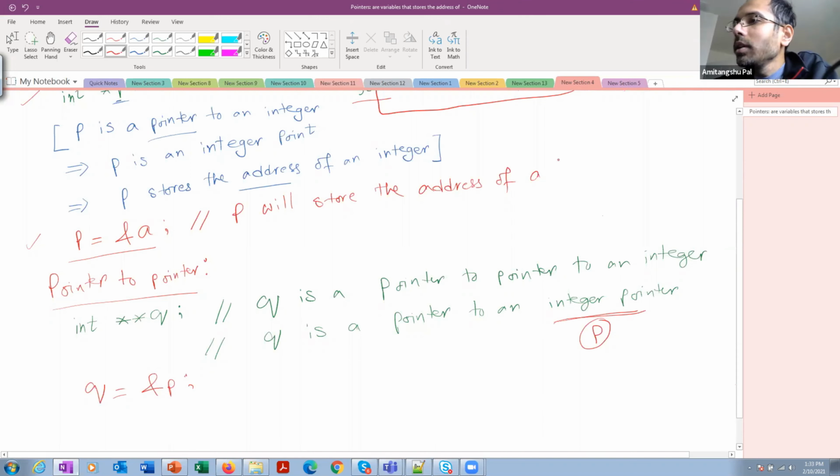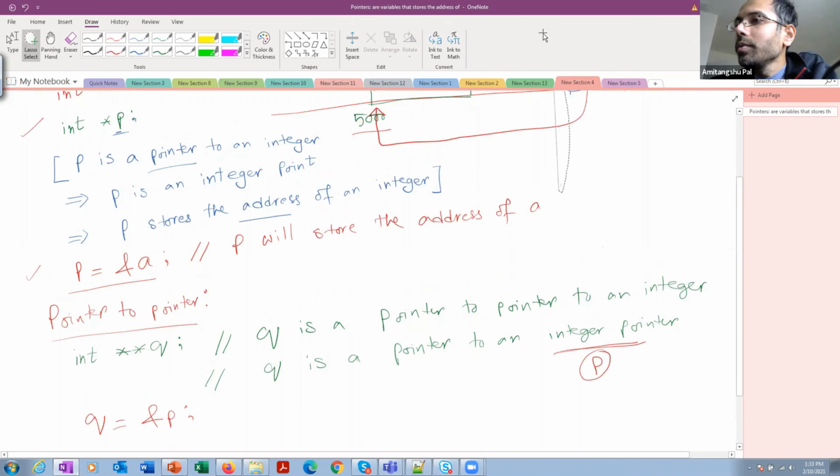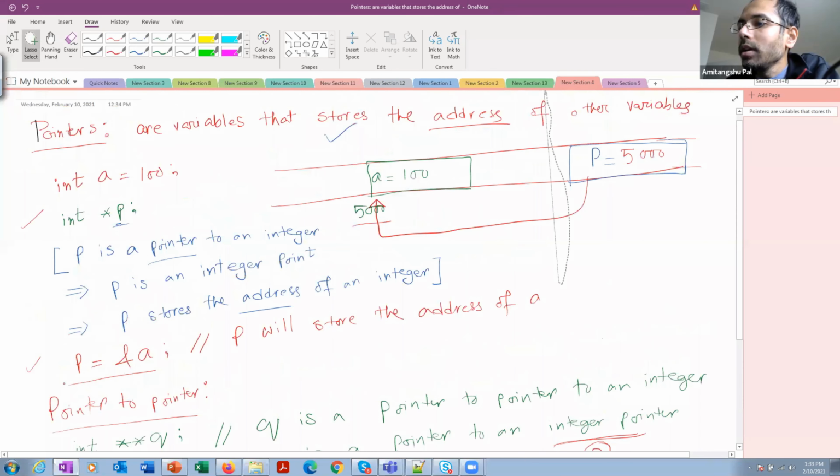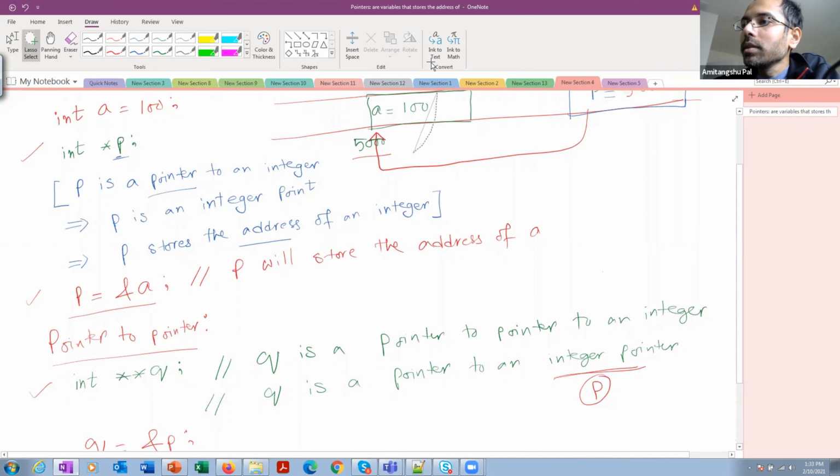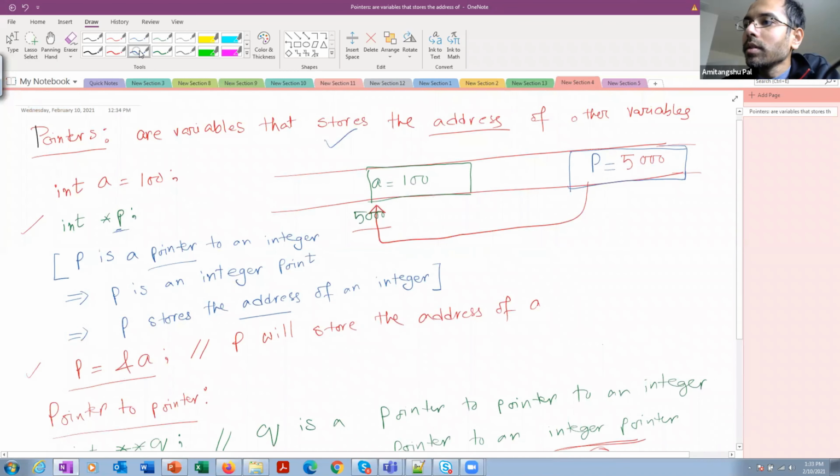So pictorially, whenever I am writing int **Q, that means in the memory location, Q is a pointer. Pointer means it's an address. So an address means 8 bytes are going to be stored on a 64-bit machine.